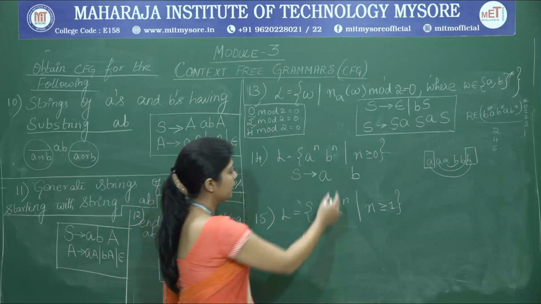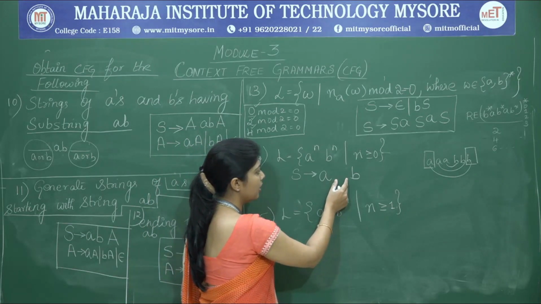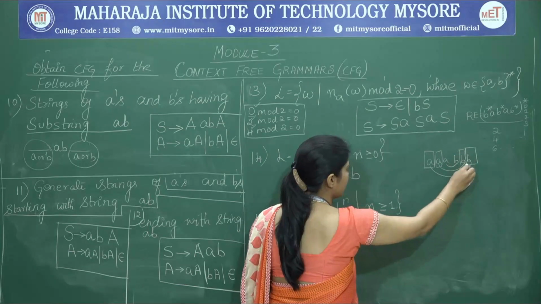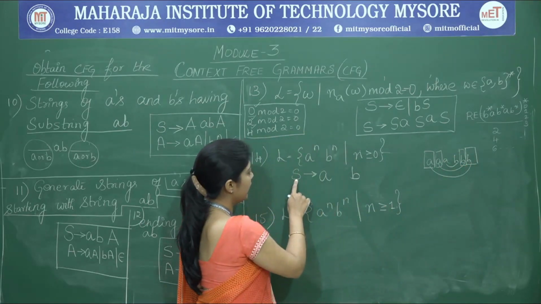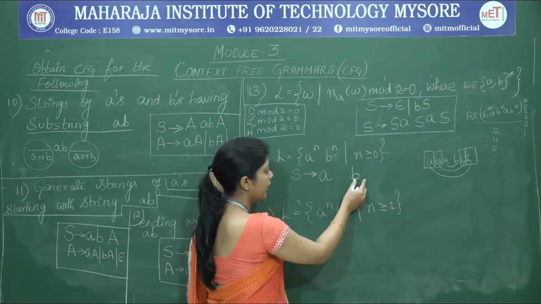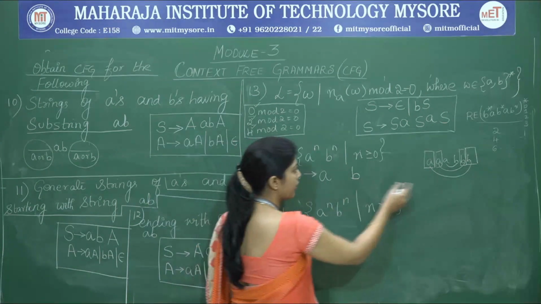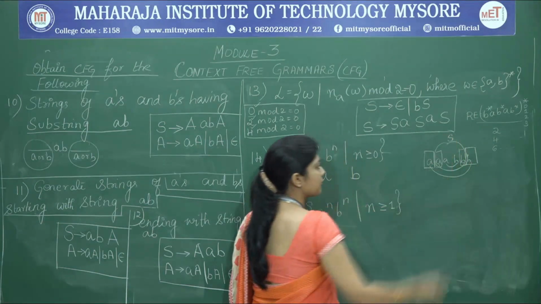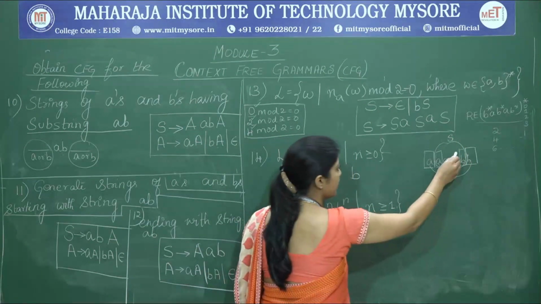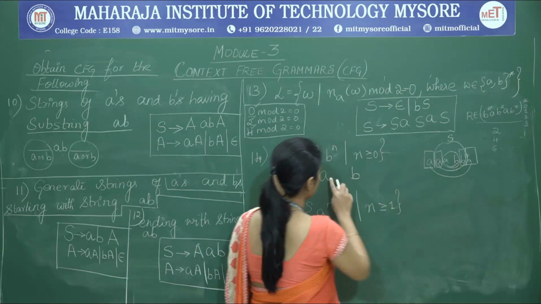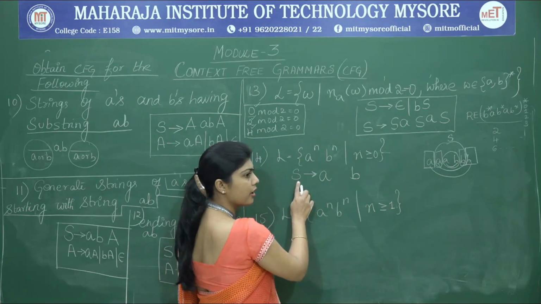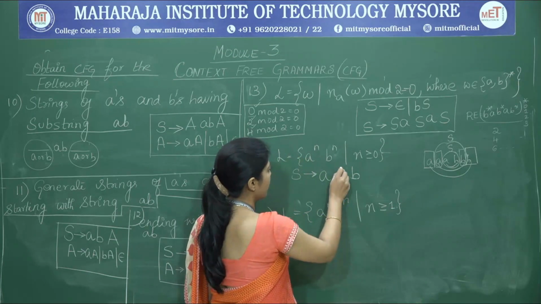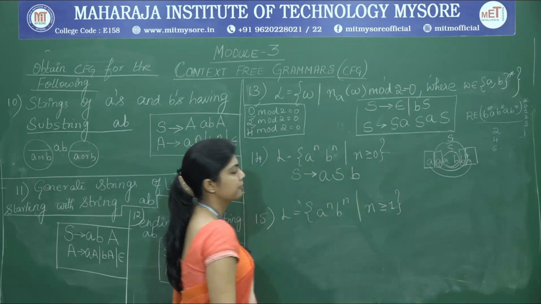Okay. In between, what can come? In between, what are there? There is another A and there is another B. So basically S is the one which is producing A and B. Likewise, this part is also an S. Again, if you see this A and B, what is the variable that is generating it? The same S. So this is also S. So we write an S here.